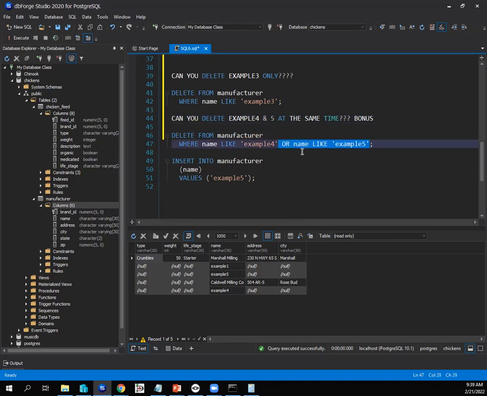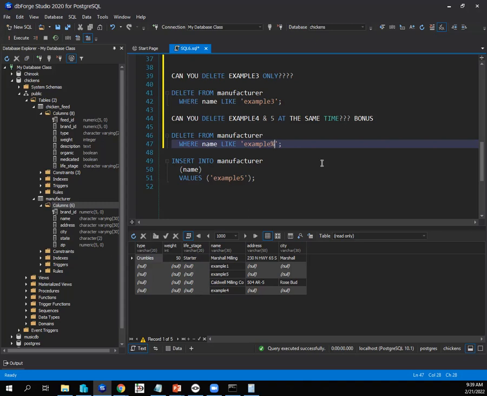I've also got a 1 out there I want to get rid of too. I want to get rid of all my examples. So good, you would have got bonus for that, maybe extra for remembering what was taught in the PowerPoint and in OR. What's not been taught yet is wildcard character in SQL. It's not an asterisk, but a percent sign. So if I delete from manufacturer name like example %,